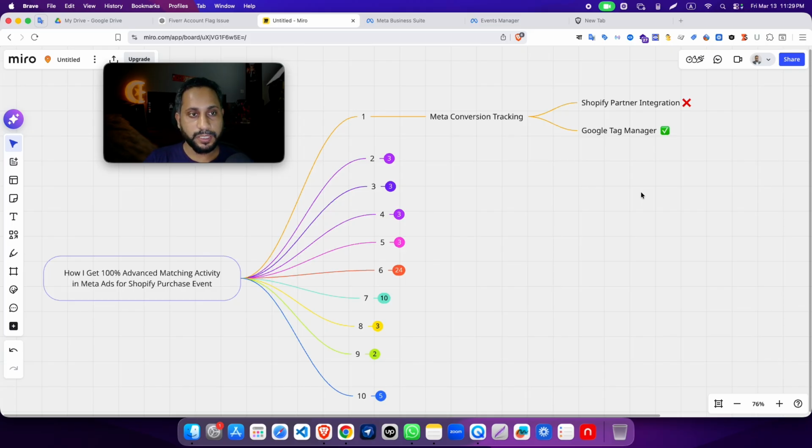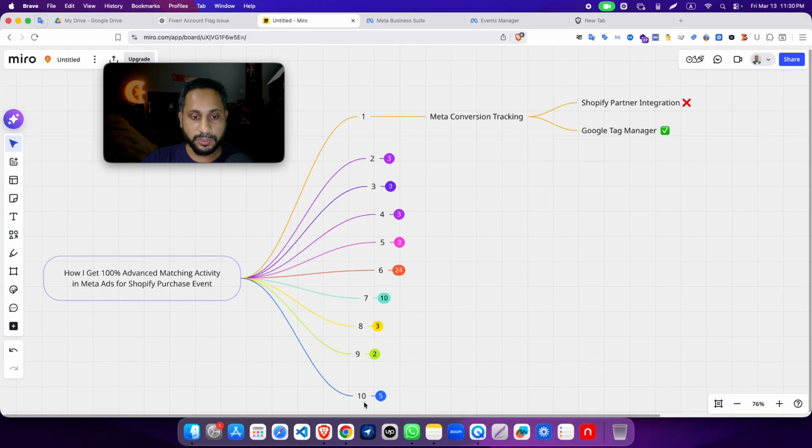So if you get any issues or problems, you cannot fix them there because this is automation, with full control by Shopify. But if you implement the Google Tag Manager, all control is in your hands. You can edit, modify, delete everything from your end. So all control is with you. So how do I implement the Google Tag Manager in the website?